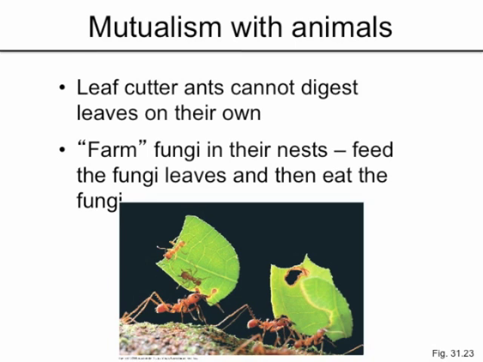What they do is they'll cut out pieces of leaf, they'll bring them back to the anthill, and underground they have this farm of fungi. And they'll feed the leaves to the fungus. The fungus will grow on and around the leaf material and will be breaking down the leaf material. And then what the ants feed on is the fungus. So they actually will break off pieces of the fungus and they'll eat it,